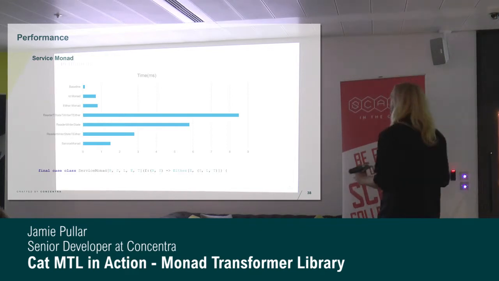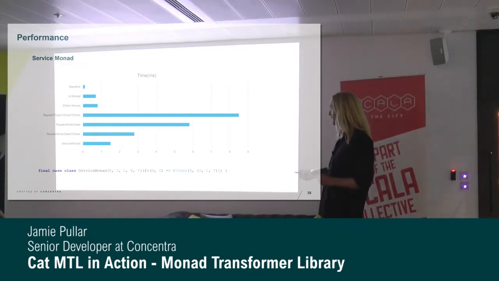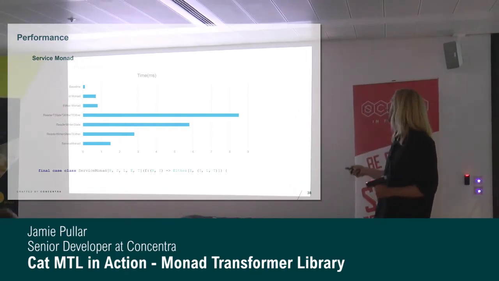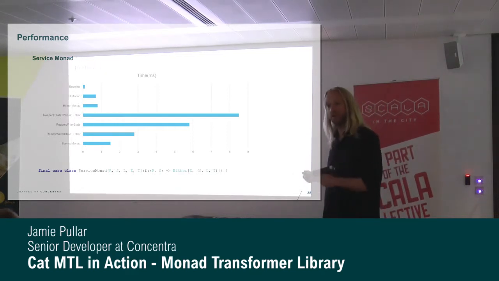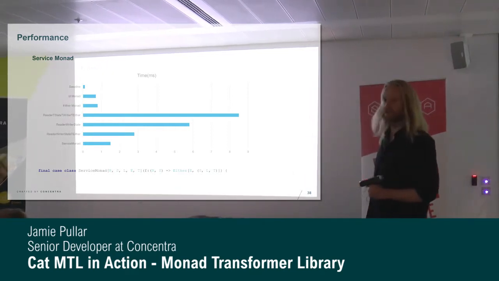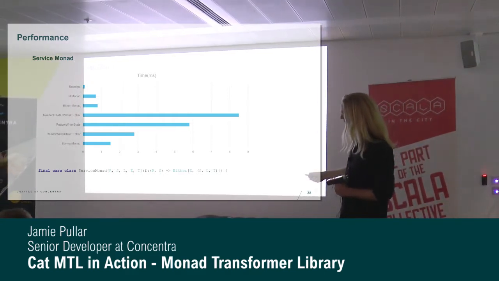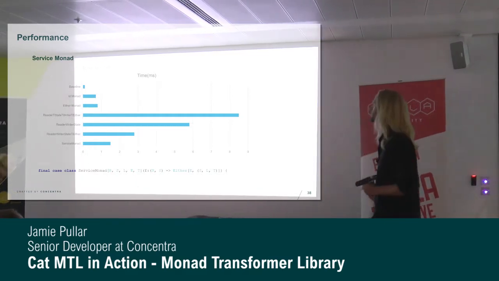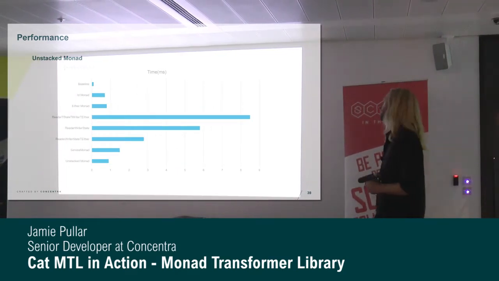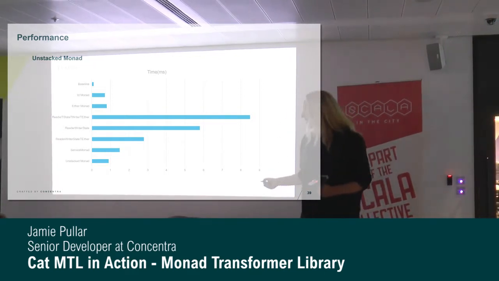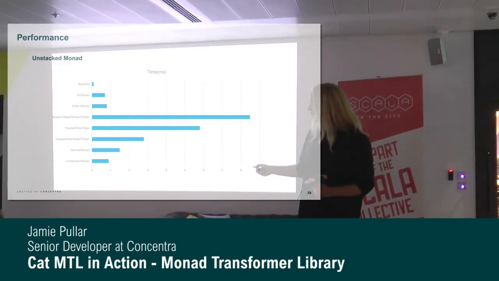So one thing I started to play around with when I was looking at optimization was, again, like the reader-writer state monad, to create a service monad which combined the reader-writer state and either, or error monad, all into one simple data structure. No eval. And so it's a little bit quicker than the transformer here, because we've combined the either into our core data structure, so we save some performance. And then on Friday, I played with an idea of what if we created what I've just temporarily called an unstacked monad. So this has all the functionality of the stack of 4 there,